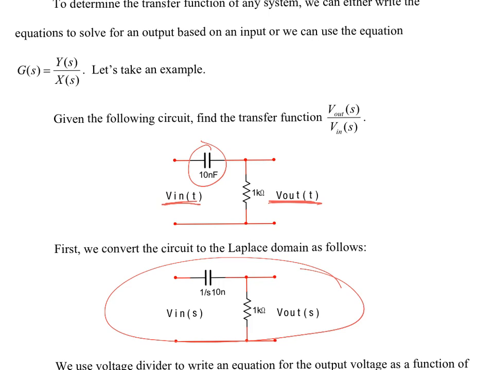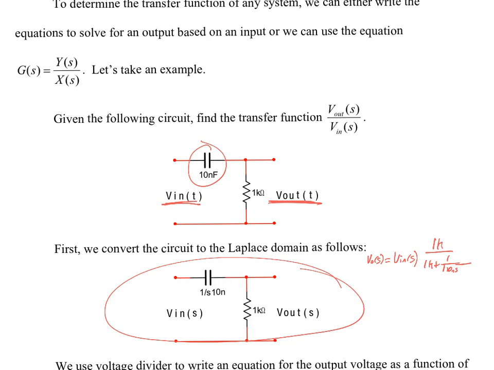So voltage divider tells me that V out of S is going to be equal to V in of S. What's the equation for voltage divider again? Do you recall? The one of interest, 1K, divided by the sum, 1K plus 1 over 10 nano times S,